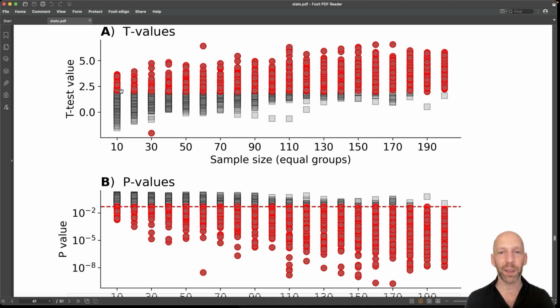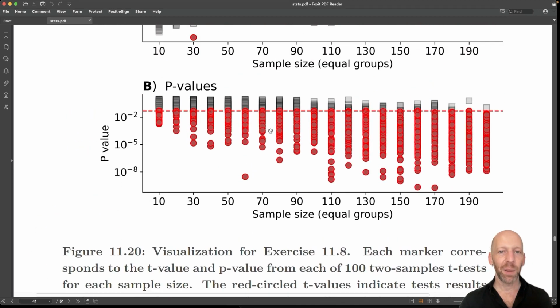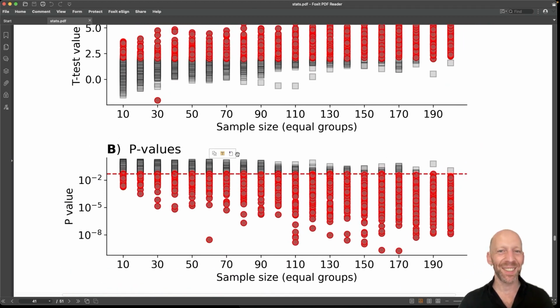The critical t-value is the exact numerical value of the t-test that you would need in order to get a p-value less than 0.05. And of course, that is going to change slightly for each degrees of freedom, corresponding to the sample sizes. So the last thing to do in this exercise is to make a plot of the critical t-value as a function of the sample size. I don't have that plot here in the text, but I hope you get what to do. It's not so difficult. And then of course I'll show the code to generate that plot in a moment